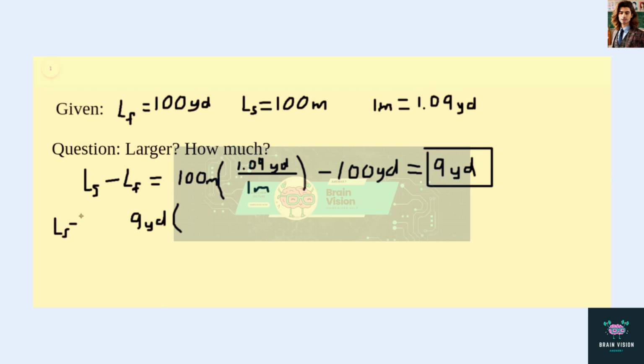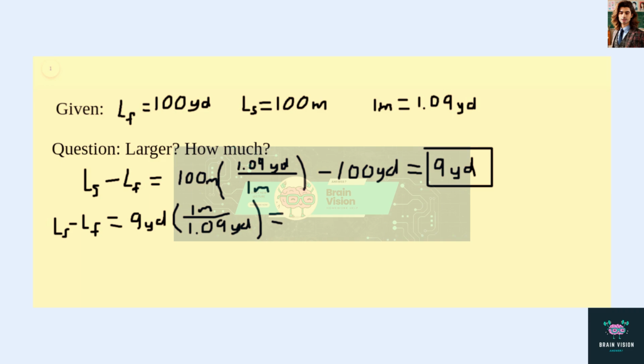LS minus LF is equal to 9 yards, which we're now converting into meters. For every 1 meter, there is 1.09 yards. Right? Okay. And if you carry that out, take 9 divided by 1.09, you get about